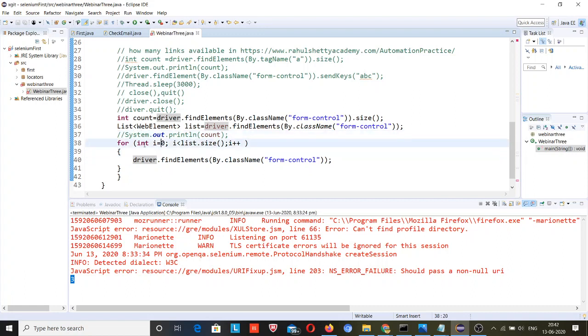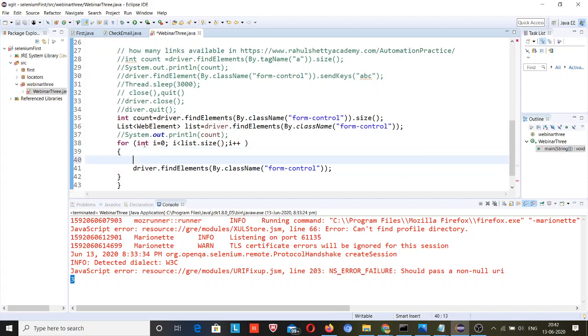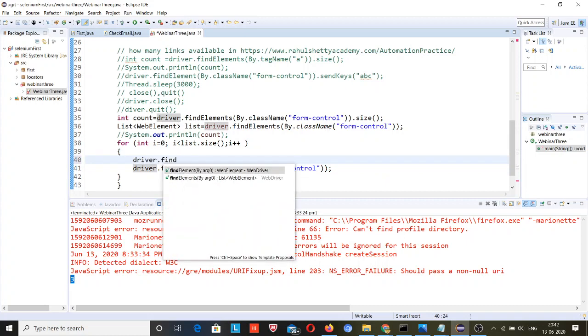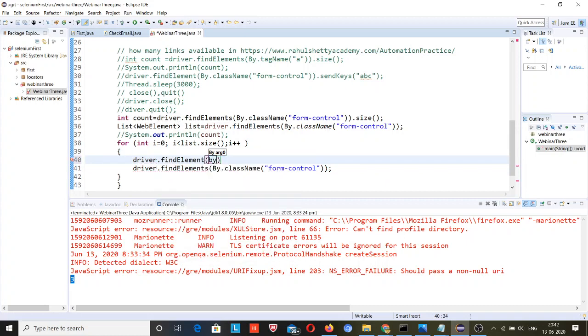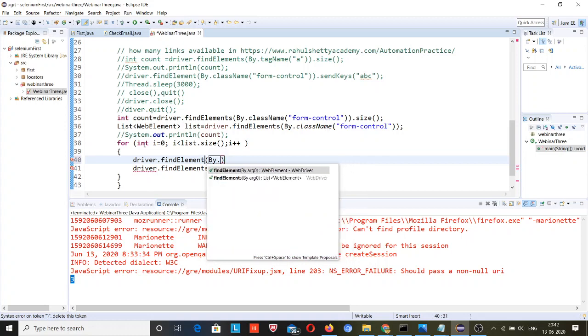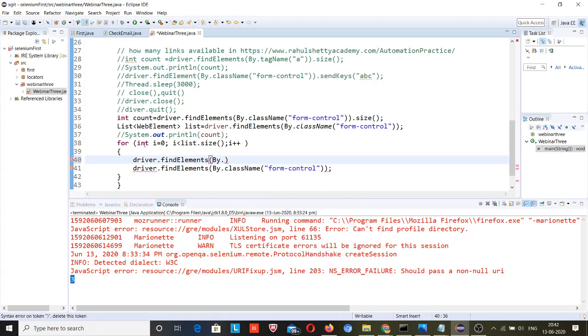So driver.findElement, and after that driver.findElement by, findElements by class name is form-control.